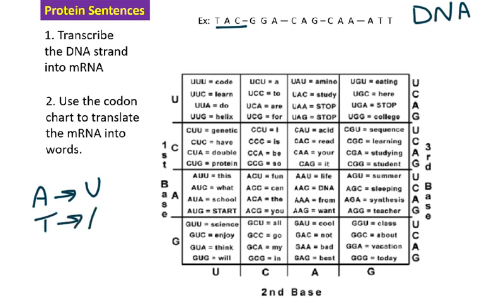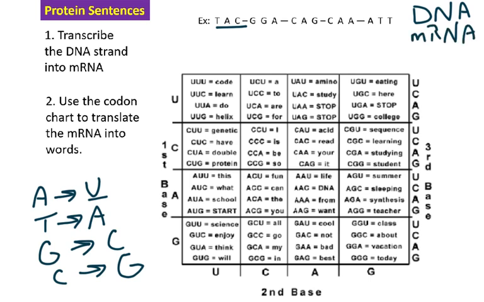T's go to A, and then G's and C's, just like with DNA, go to each other. So it's just the fact that we have to replace thymine with uracil that you have to remember when you're making RNA. So we say, all right, well, we got a T here in the DNA, so that means our mRNA,